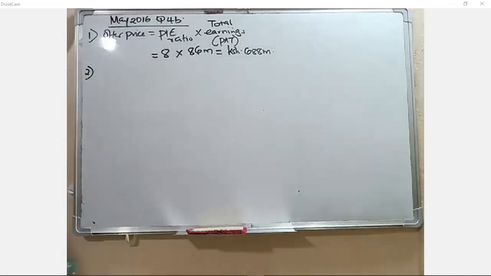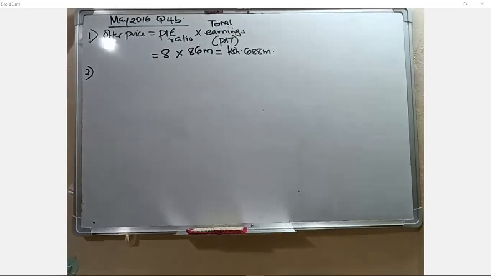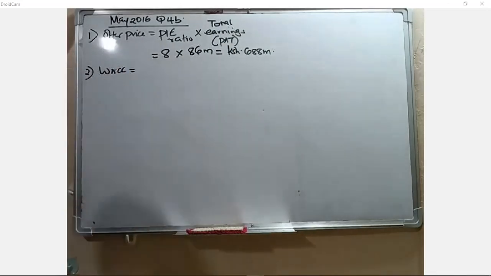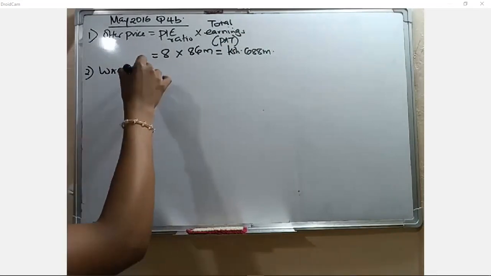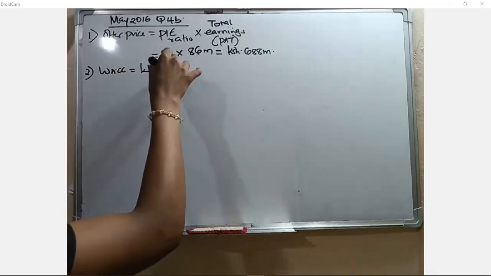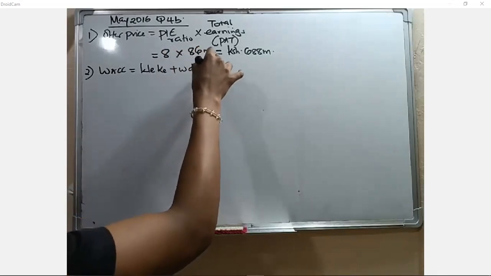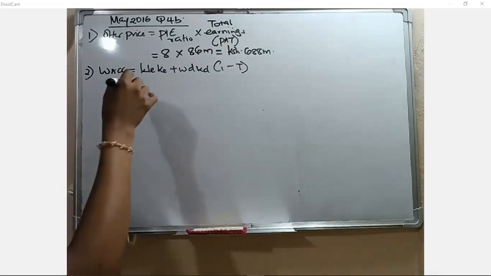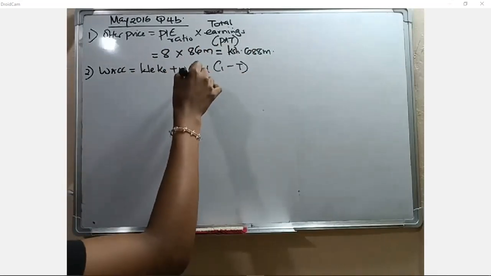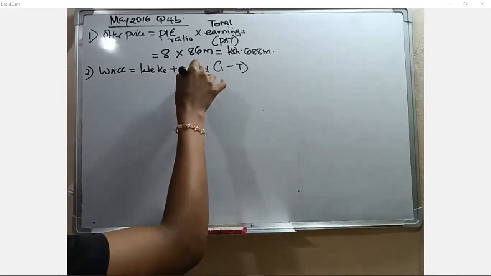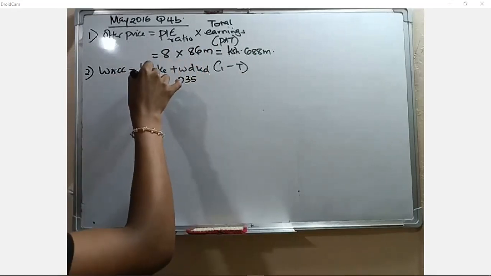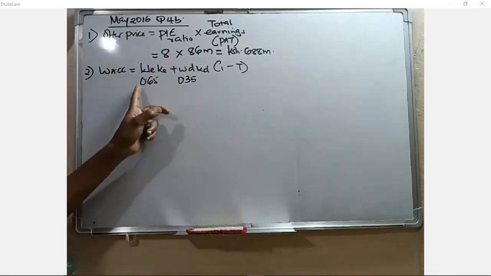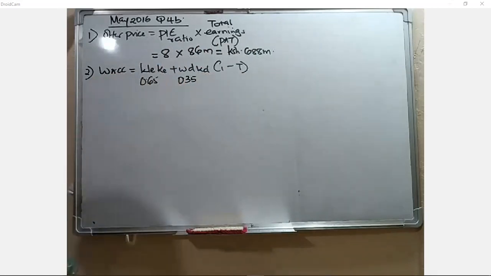Number 2, the examiner is asking you a very simple question. Can you be able to calculate the WACC? And I will be able to tell you, examiner, it is very simple. Since I'm going to be taking the weight of equity, cost of equity, plus weight of debt, cost of debt, and then I adjust for tax. But since the weights are given, the examiner has already given us the weight for debt, which is 0.35. Then it means the weight for equity is 0.65, because the proportions should equate to 1.